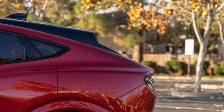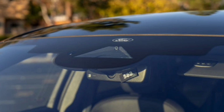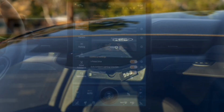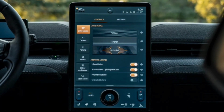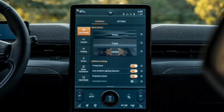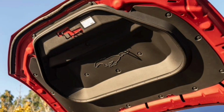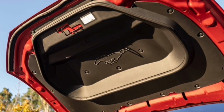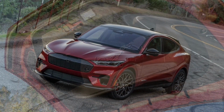My testing also took place before the rollout of an over-the-air software update that will extend the usable battery pack capacity to 91 kWh and could net owners a modest range boost, though neither Ford nor the EPA is updating their estimates to reflect the change. Charging takes just over 10 hours when connected to a Level 2 home or public AC charger. At a 150 kW DC fast charger, the GT can go from 10% to 80% in around 45 minutes via its CCS connection. Ford is offering new Mach-E owners up to 250 kWh of complimentary DC fast charging on its Blue Oval network of public stations, which is only about 600 miles if you perfectly nail the EPA's 2.4 miles